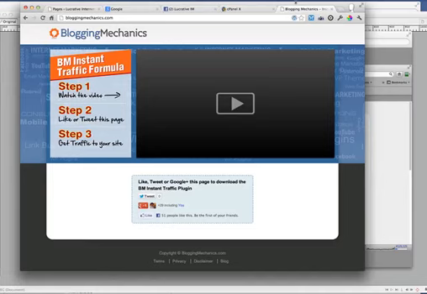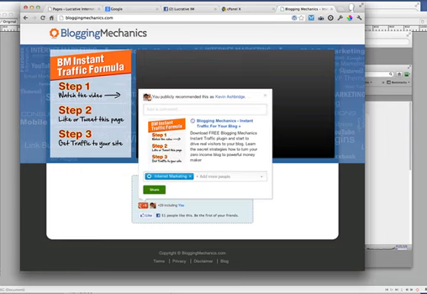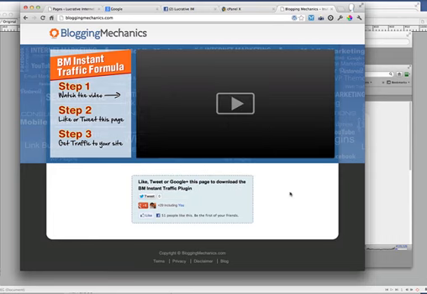I want to do a video talking about setting up Peter's latest plugin, which is the BM Instant Traffic plugin. You recall that this plugin is currently being given away on Peter's Blogging Mechanics website. What you do is you watch his video that's up here, you click one of these social links, and as soon as you share it, add a comment and share, then you are sent the plugin for free to install